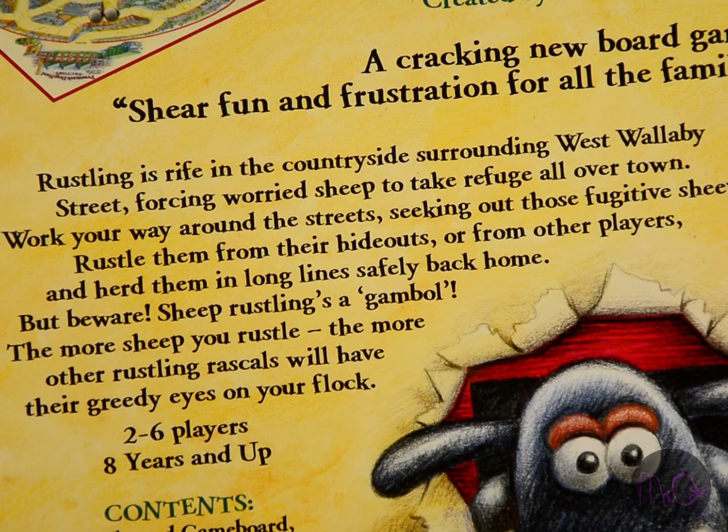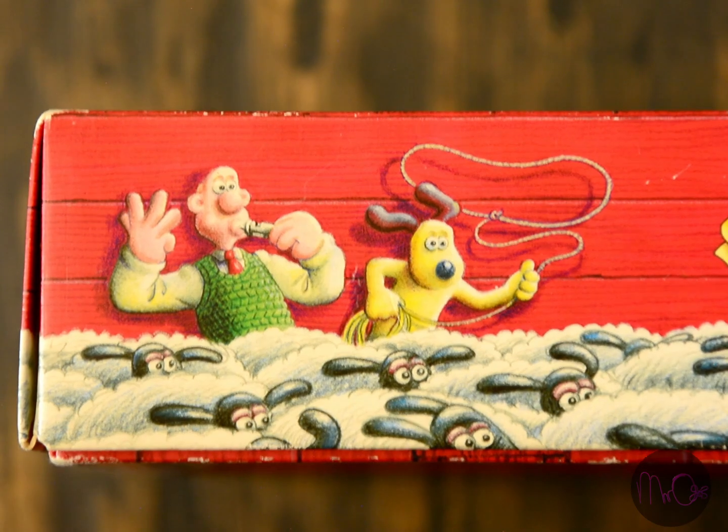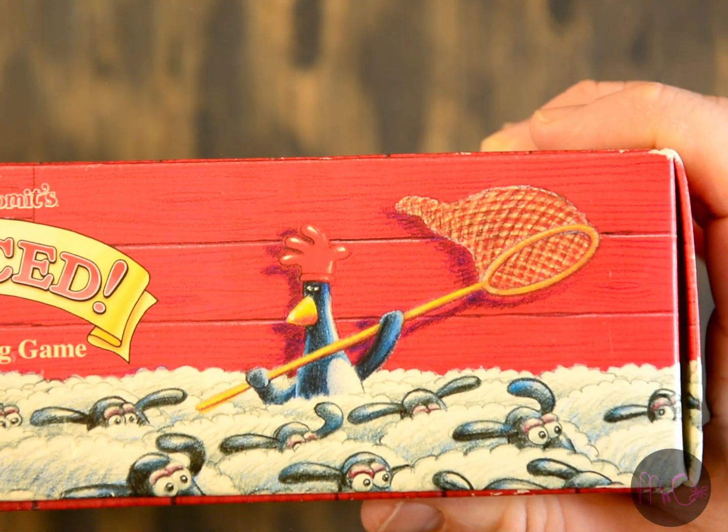Rustling is rife in the countryside surrounding West Wallaby Street, forcing worried sheep to take refuge all over town. Work your way around the streets, rustling them from their hideouts or from other players, and herd them in long lines safely back home. But beware, the more sheep you rustle, the more other rustling rascals will have their greedy